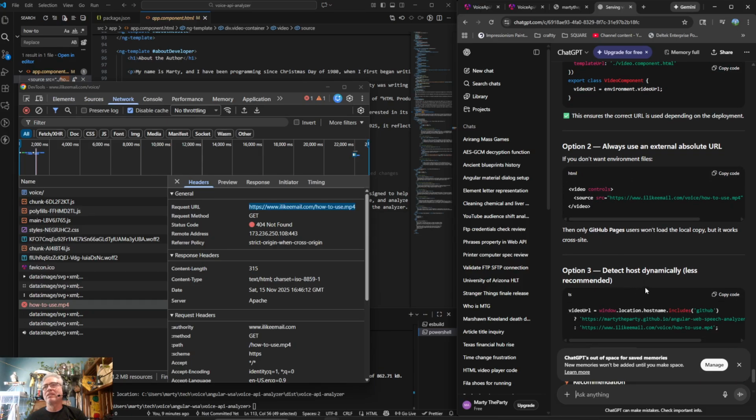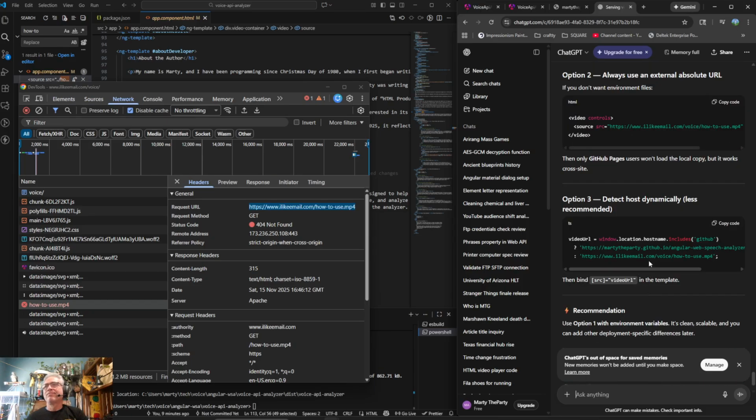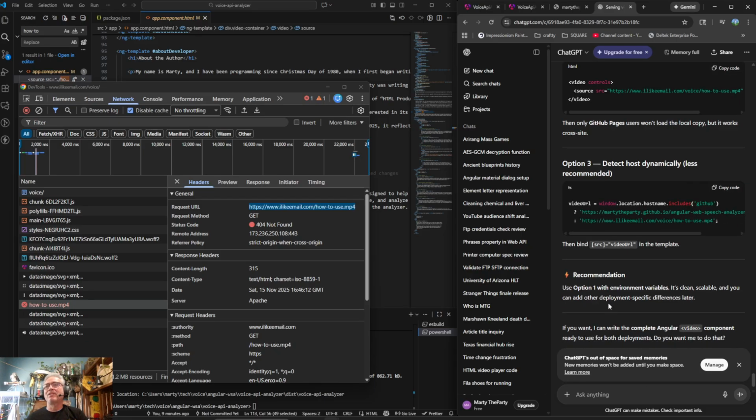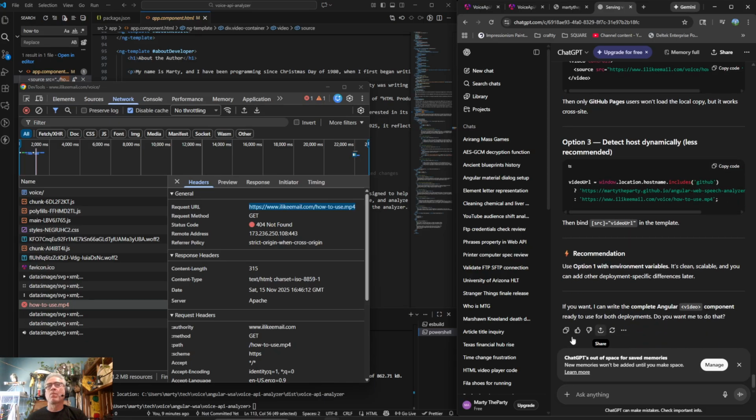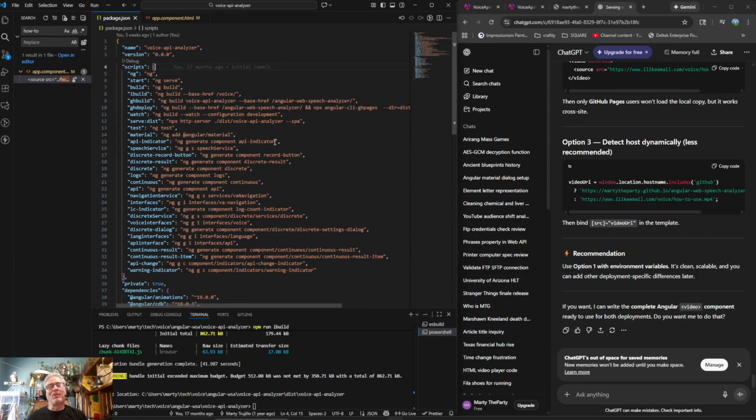I like this as the kind of thing, but you don't want to do this because what if there's 100 different places? Basically it looks like we're going to have to set up environment variables. It's a good thing to learn.